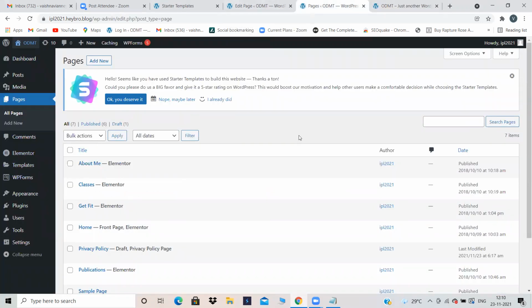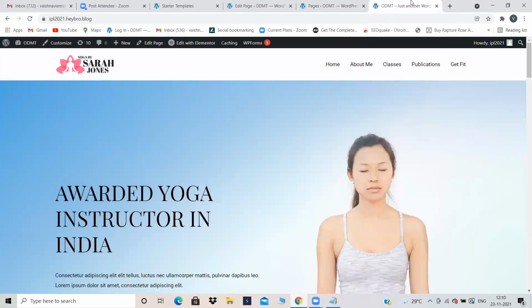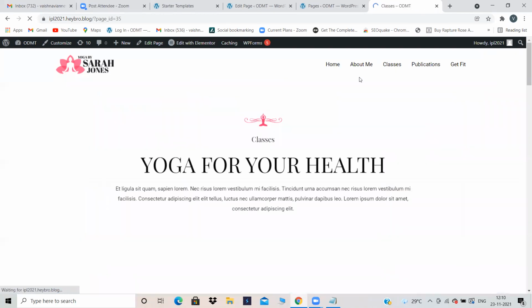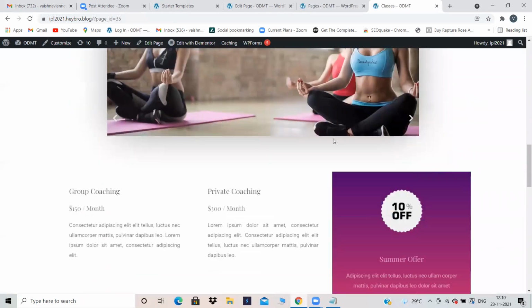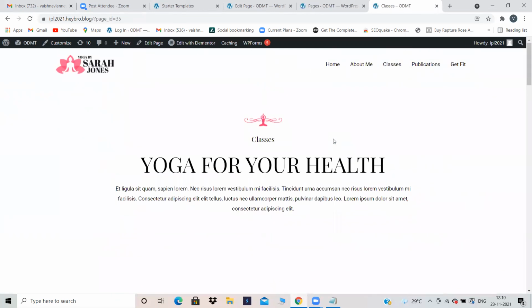Elementor will not be there. That page will be basic and this page will be advanced. These all pages are advanced. So at that time, you have to take a duplicate copy of any one page. Assume that you liked this classes page or a home page or about us page, whatever it is. Assume that you liked this classes page and same like classes page, you want one more page. You cannot get one more complete different page, but what can you do is you can create a duplicate copy of it of any of the pages. Now assume that I want to create a duplicate copy of classes page.